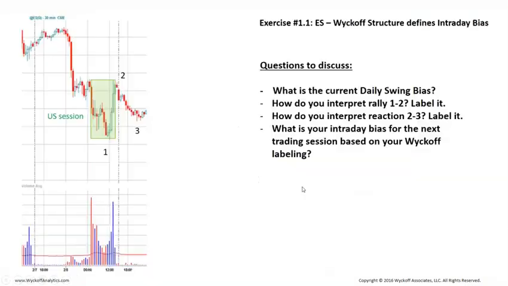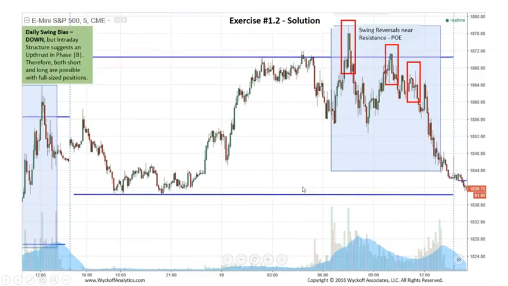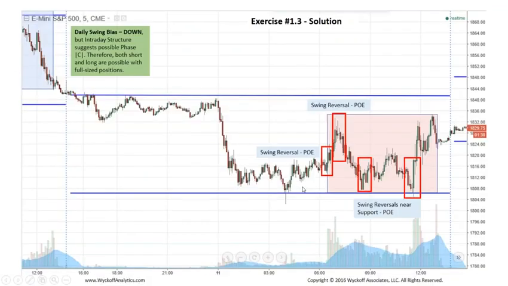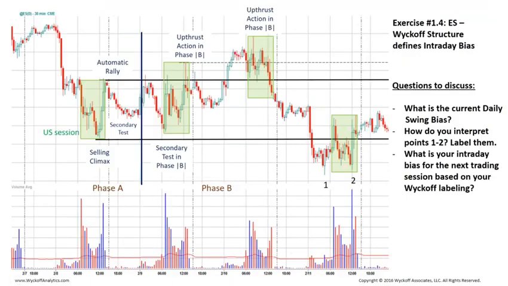So with that understanding, let's look at the intraday structure of what has happened. And I've listed potential reversals here. Here is the intraday structure now. So how would we label 1 and 2? They've got to be springs in phase C. Spring, and then 2 is what? A test of the spring. Test of the spring. Okay,